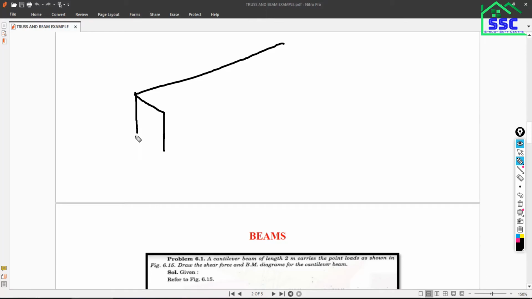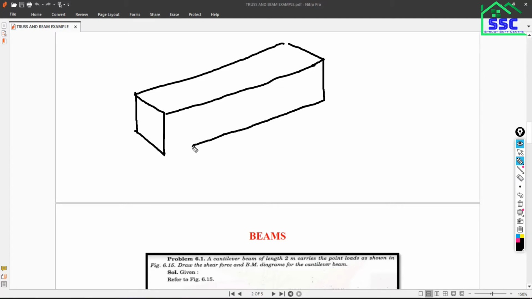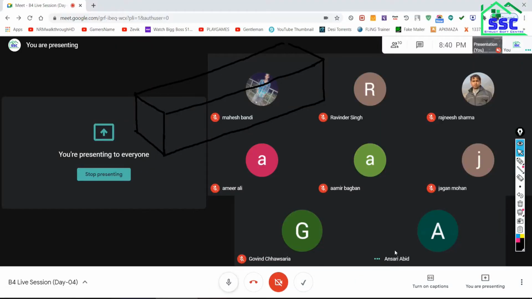Now let's talk about the beam only. Suppose this is a beam element. Can you tell me whether a beam is a compressive member or a flexural member? A beam is actually a flexural member.